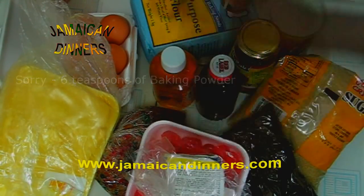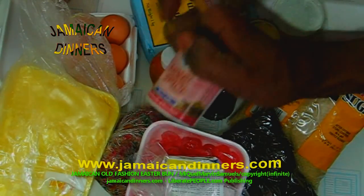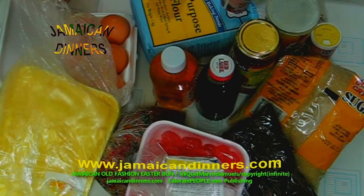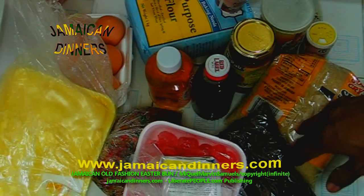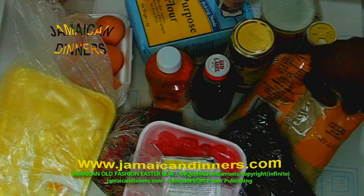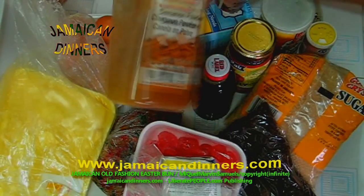6 teaspoons of mixed spice, or you can use allspice for cake. Make sure it's for cake or for baking. All spices from England, and I think mixed spices the Americas. Europe side is the allspice, mixed spices the Americas. 2 teaspoons of cinnamon powder,